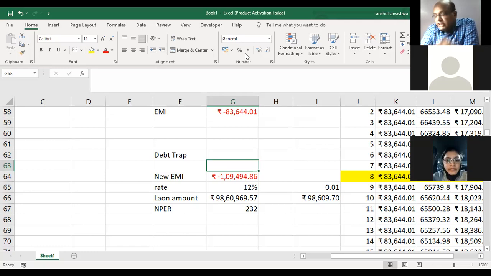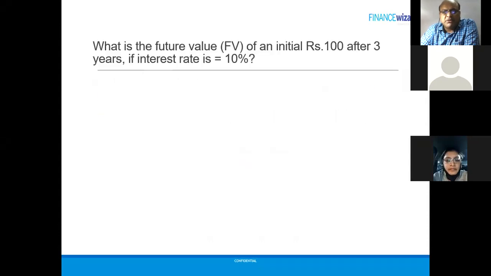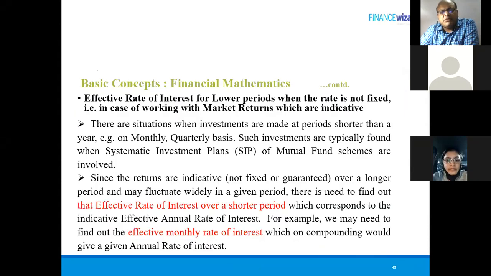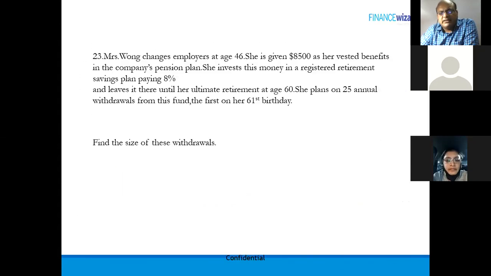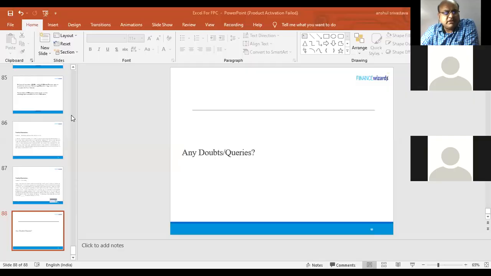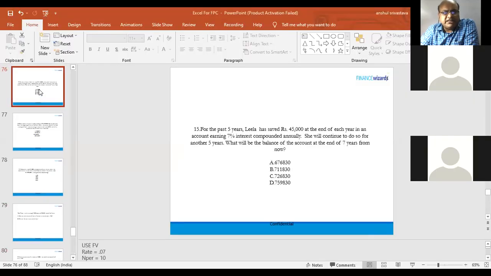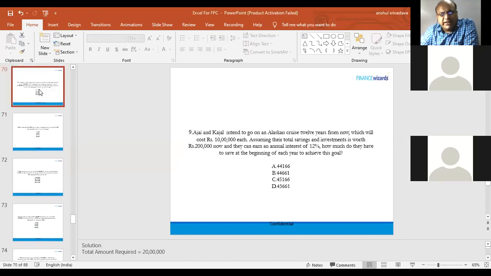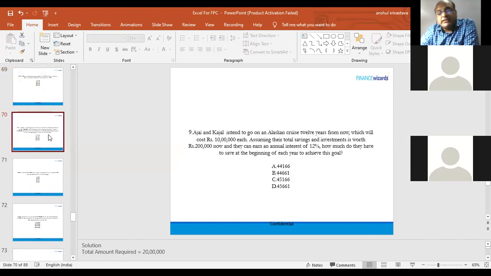And the financial mathematics primer and this PPT that I am showing you, today we are able to cover only some part of it. Look at the later portion of this PPT. It has problems. A lot of practice problems are there. All these are practice problems. So once you join our course, we'll expect that you will do all of them, and this PPT has solutions to these problems also in the notes section.